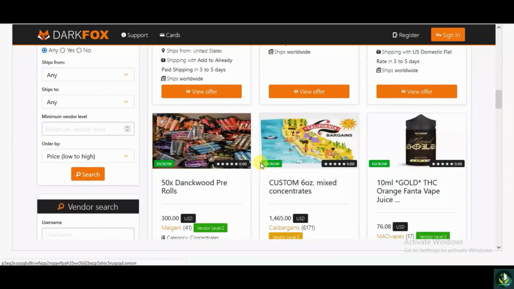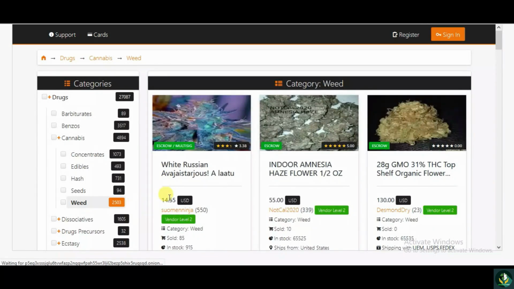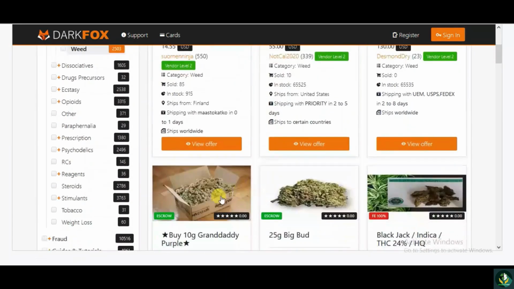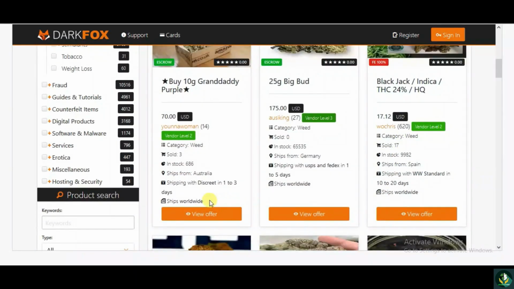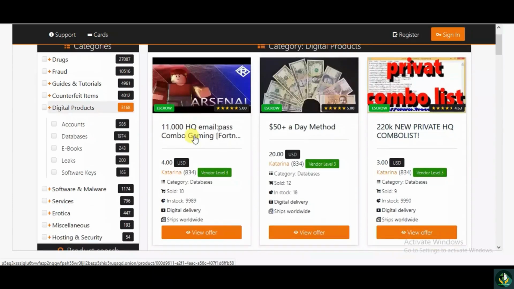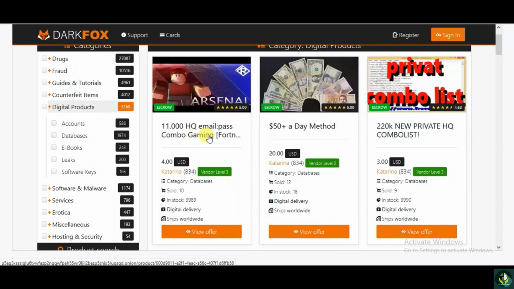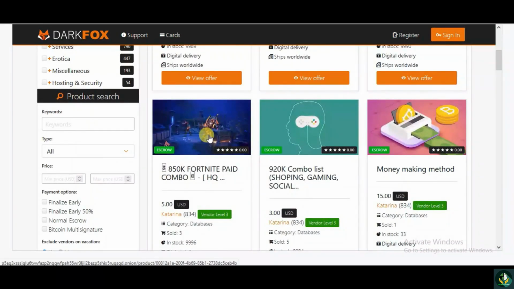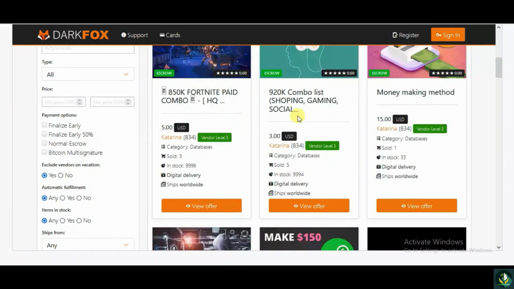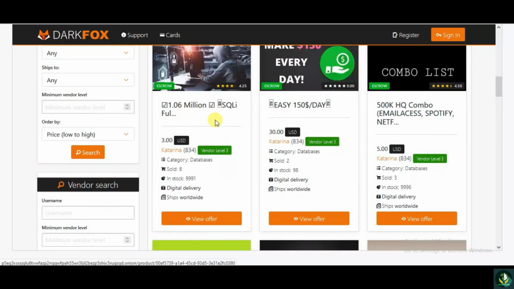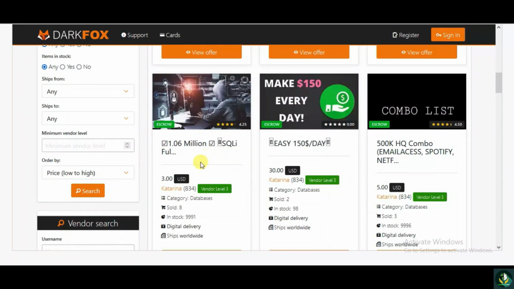You guys can find guns here. This is weed. This is illegal in many countries, but inside the darknet or dark deep web, this is legal, and you guys can purchase it or sell, exchange anything you want.